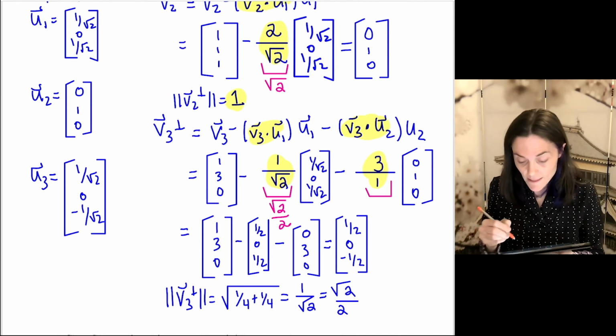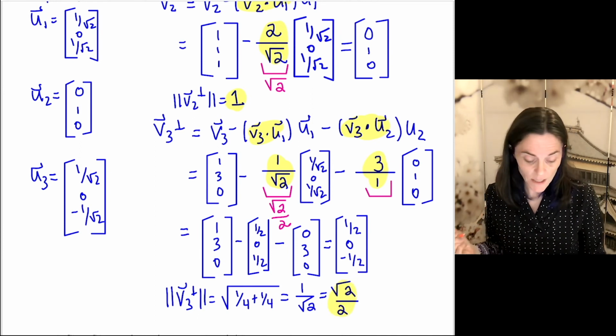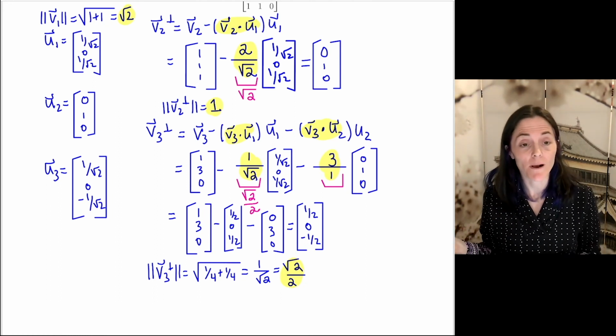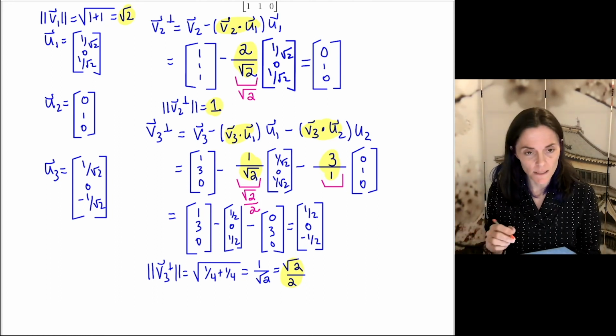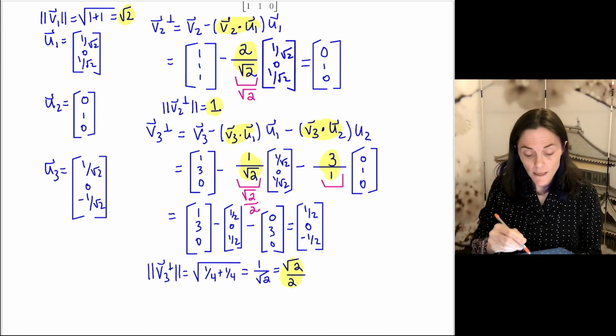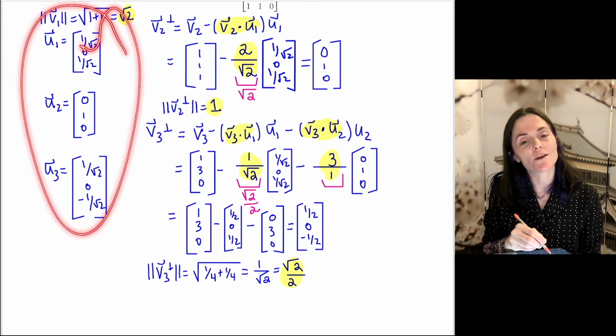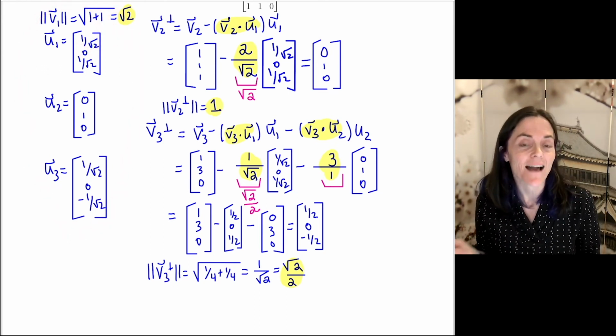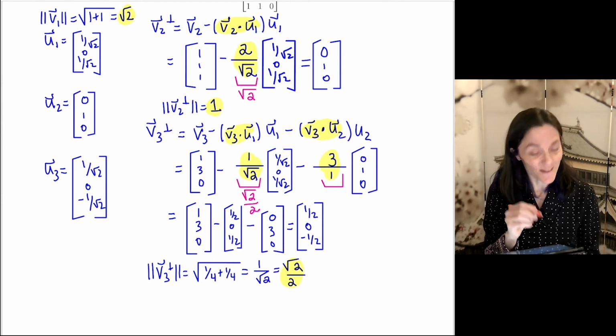So let me highlight this one. This was our last entry of matrix R. At this point, we have done the entire Gram-Schmidt process on these 3 vectors. And over here, these are the columns of my matrix Q. And then I can fill in the entries of matrix R just by looking at everything I've highlighted. So let's write them down.